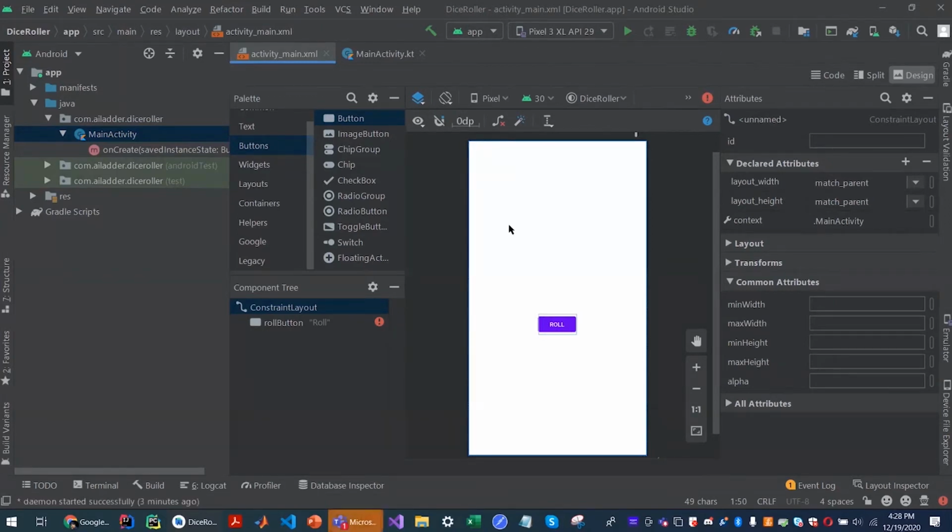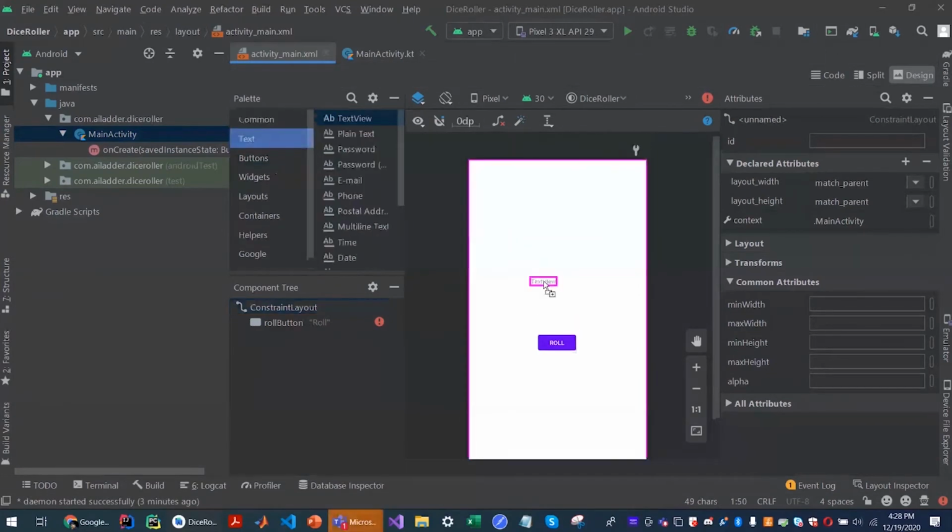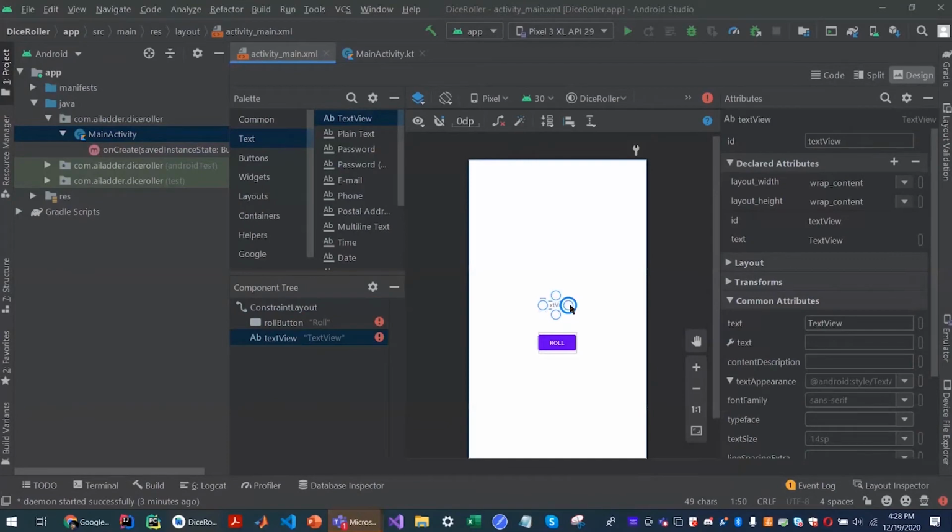Next, at least for now, we have to add a text. As of now, this text will display whatever number our program generates. And again, you can give it a resource ID, and I'll call it random number because that's what it displays.